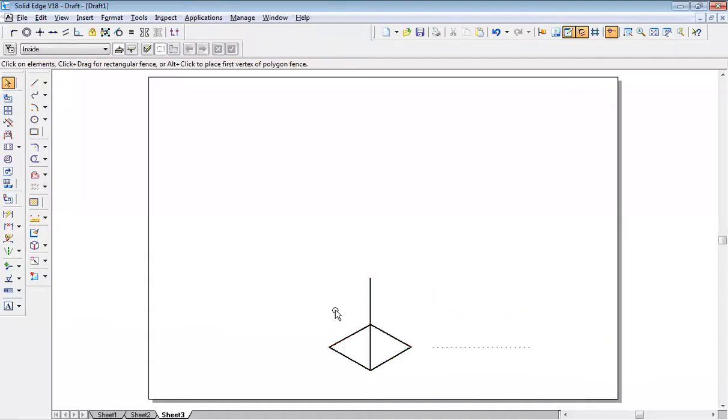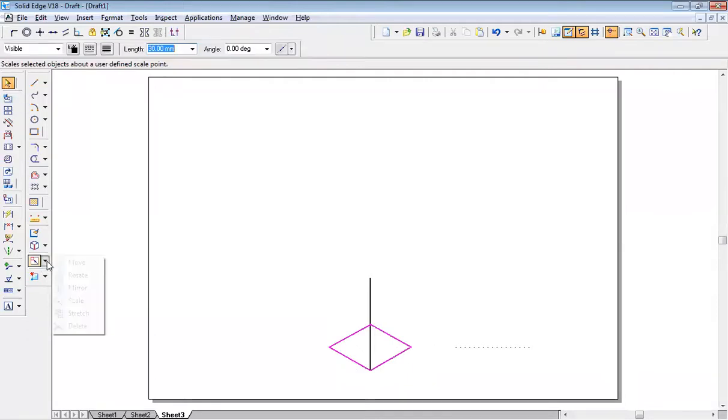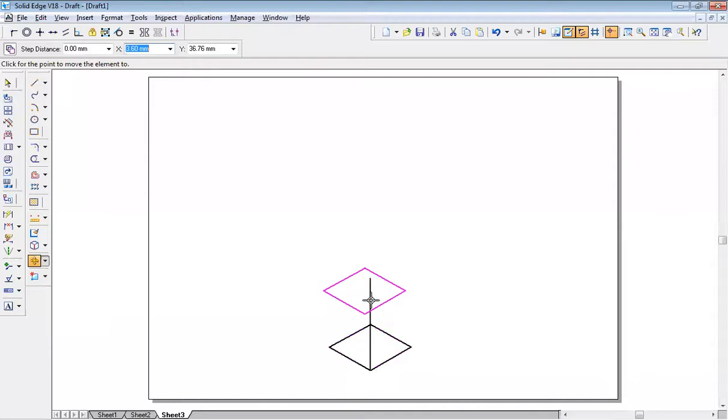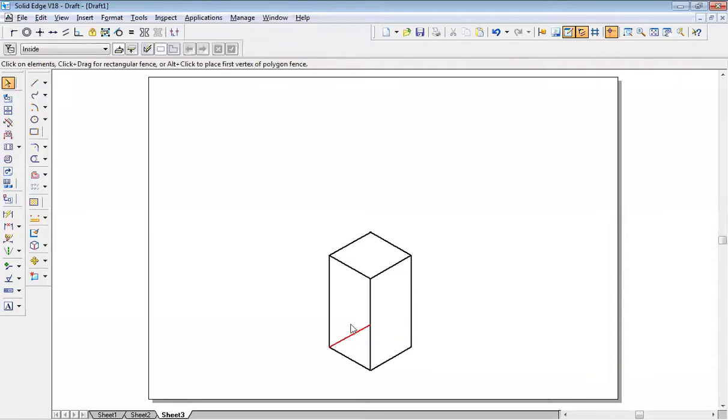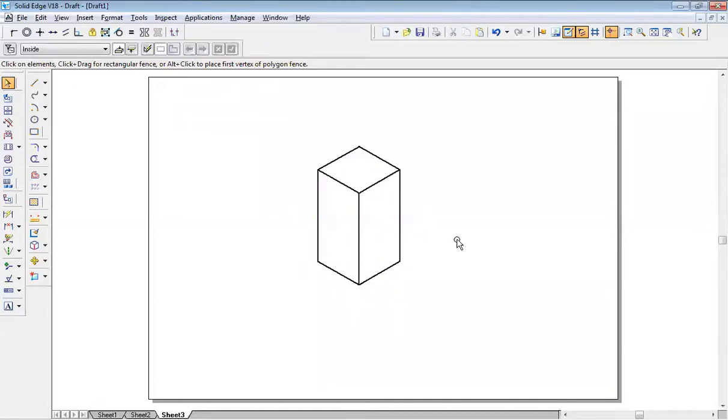Right? So select the bottom face, go to move command, switch on the copy option. This one should go on tip of this. Then go to line command, just draw a line from top tip to bottom tip. Okay, delete all unwanted lines. I'll take it in the top. Okay, so now here I have to attach square prism in a horizontal way.